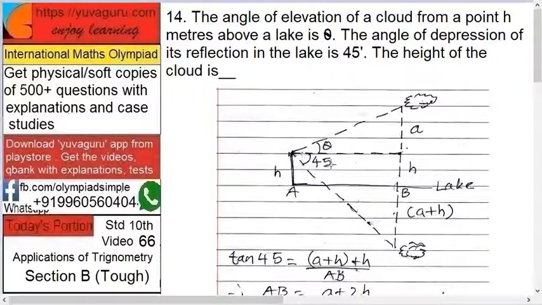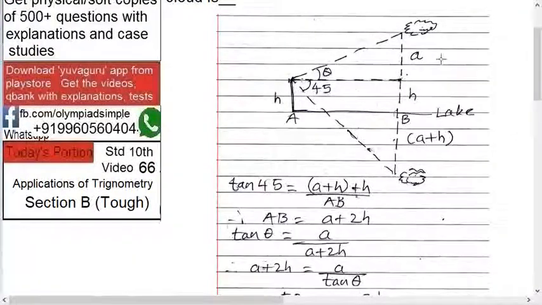Okay. So what is given? 45 is given. So let's start. Look at this problem properly. See here, look at the differences. I am